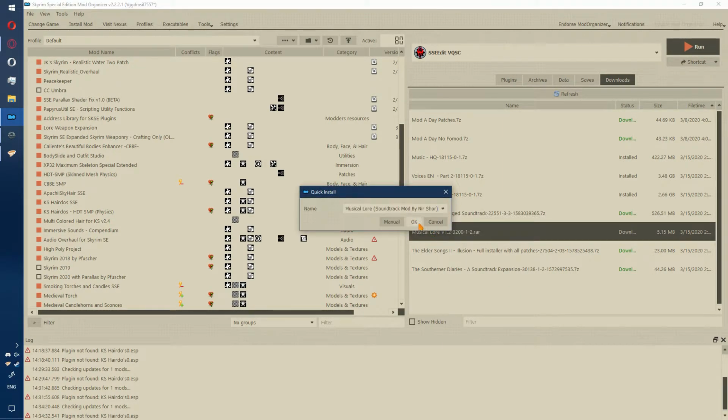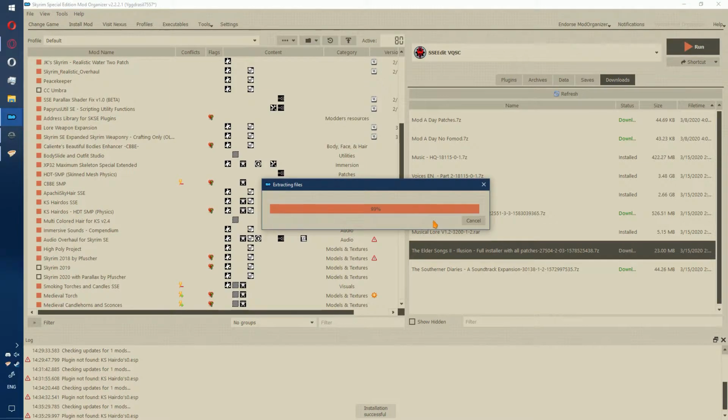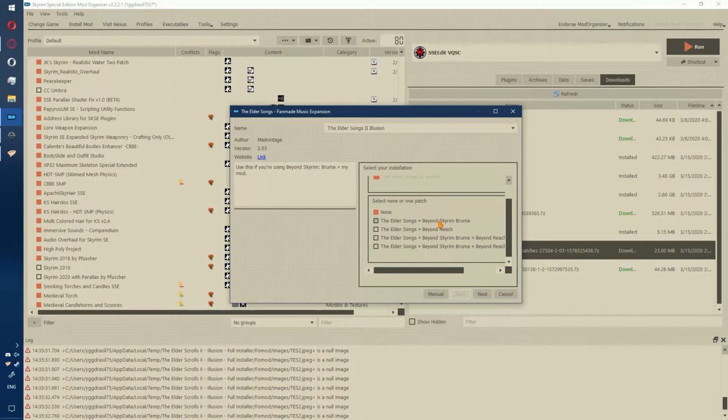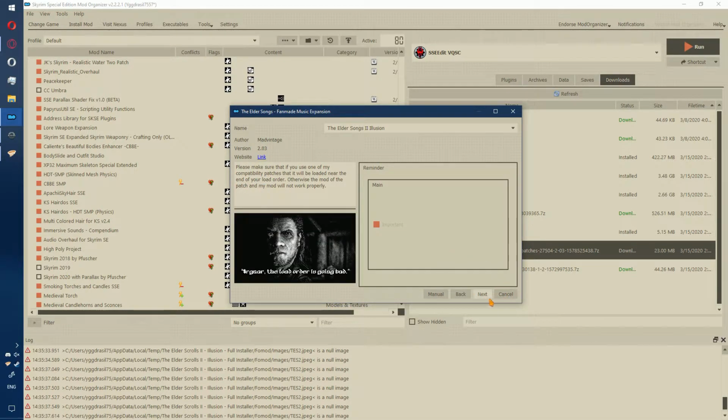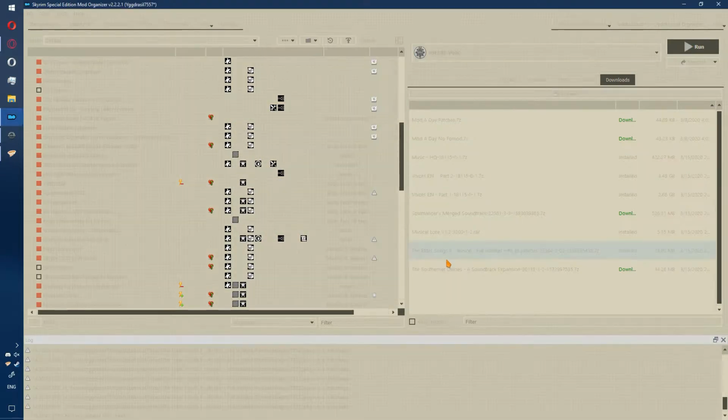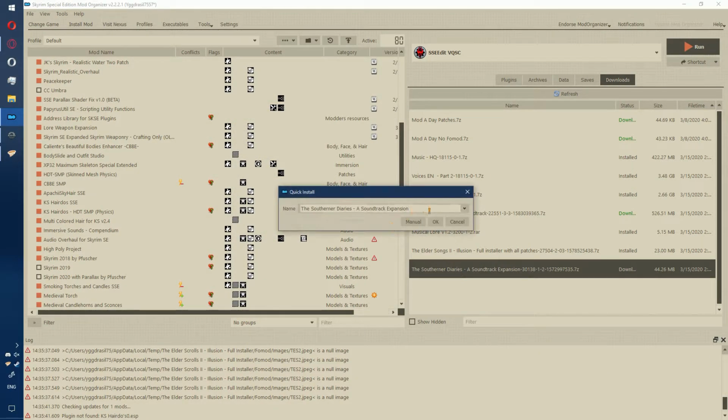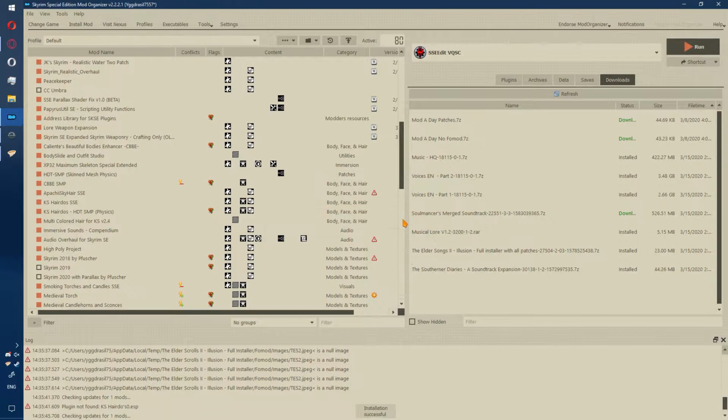Musical Lore, Elder Scrolls Songs. We don't have Bruma or Reach currently. We will in a bit though. So next, install. Finally, Southern Diaries, hit OK. And now,